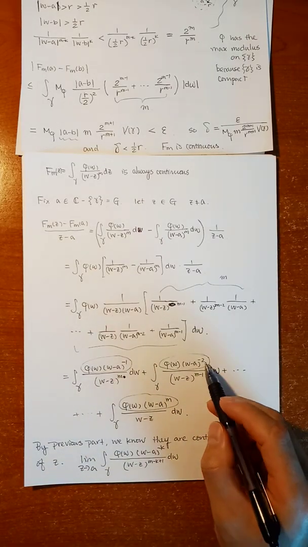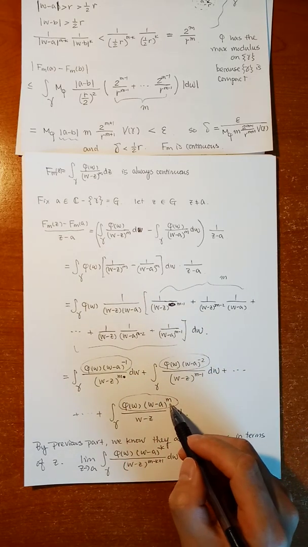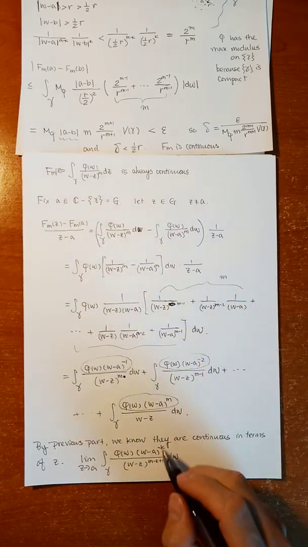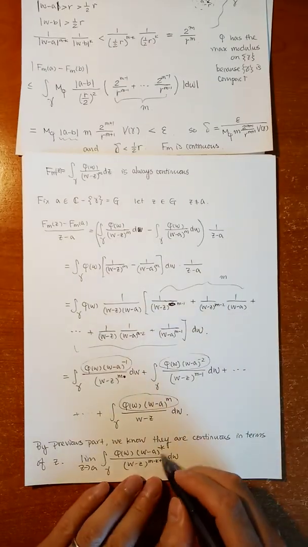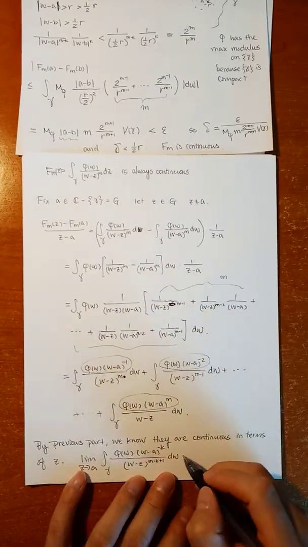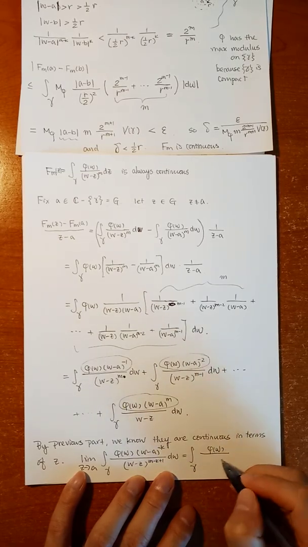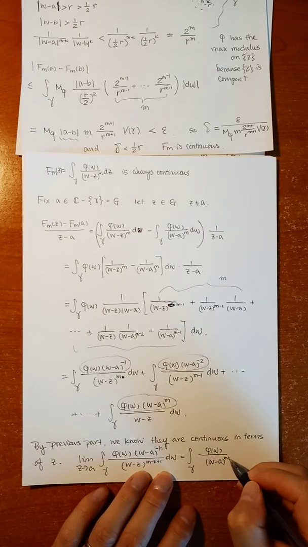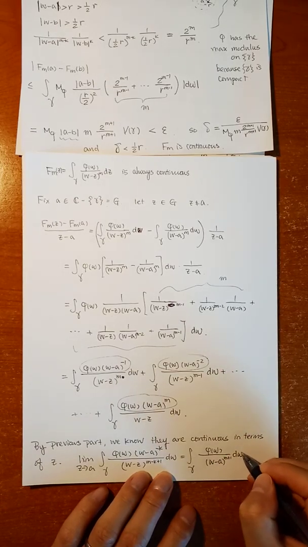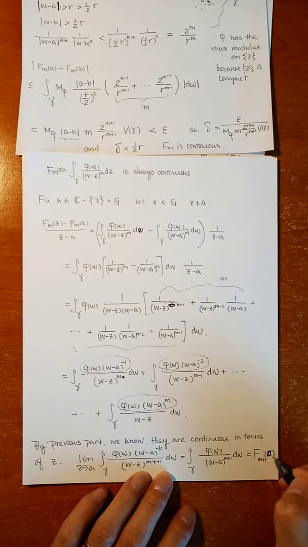You check that this is, you see, this is 2. 2 plus m minus 1 is m plus 1. 1 plus m is m plus 1. All the terms have a sum of power m plus 1. So here's m plus 1. So this limit, you just use direct substitution. You replace w by a, w to the m plus 1. This is F m plus 1 of z, and in the limit, F m plus 1 of a.